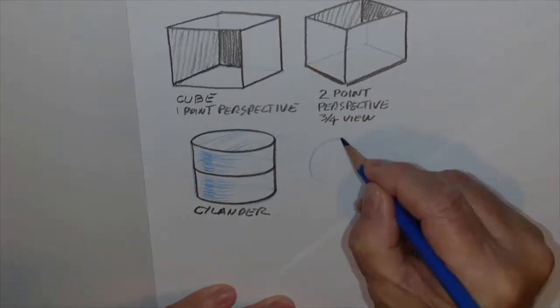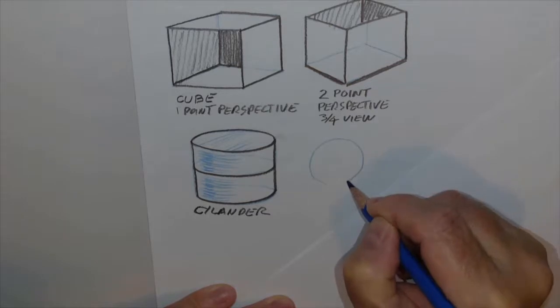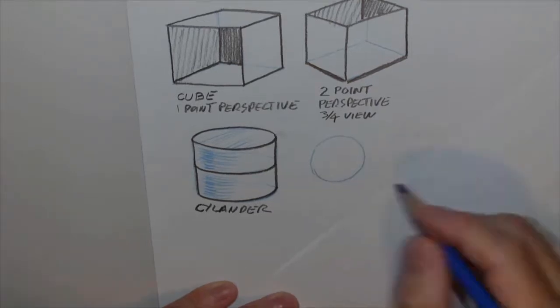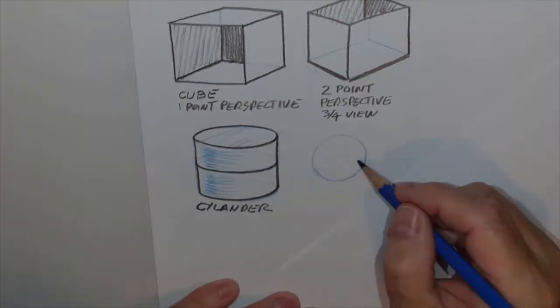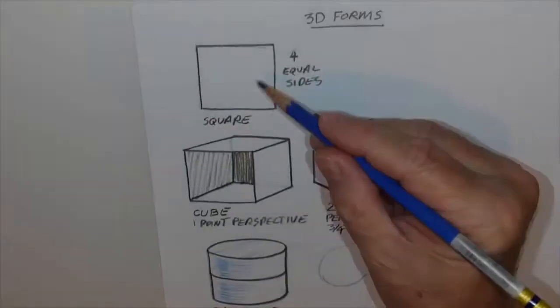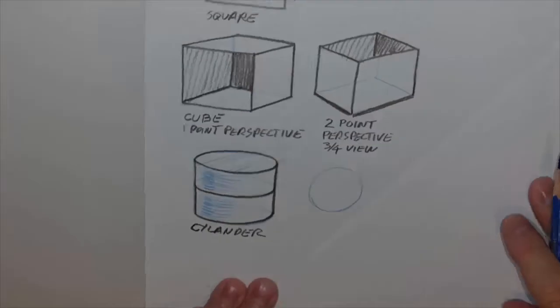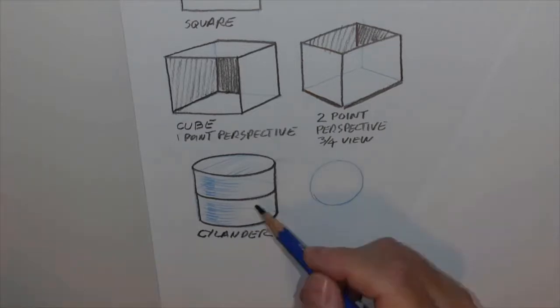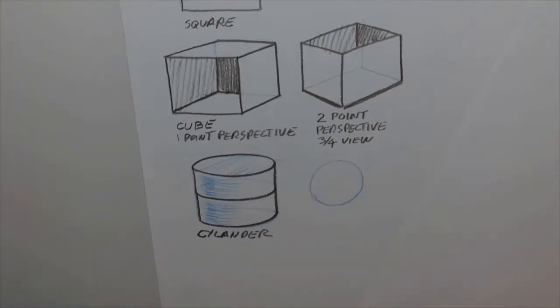a circle. Tried to draw a circle. A little off. If we look straight down at that, it looks like this. If we look straight on the side, it looks like that. So the great thing about forms and 3D forms is that we can get a lot more information out of it. So